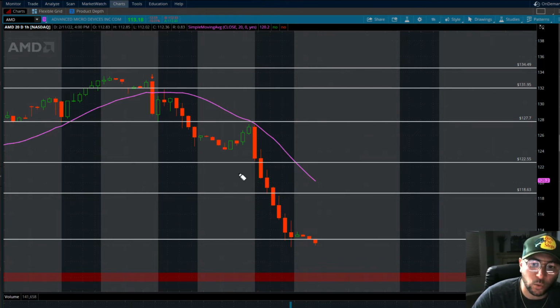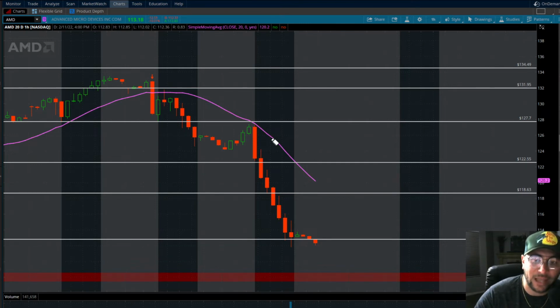Now, my stop loss would have been if this candle wicked back and broke over the 20-period moving average and closed. I understand that it's a little bit of big risk, $2-3 on this options play, but sometimes you just have to let these things work out. You have to make sure that you're managing your risk right. I'm not going to put 80% of my whole portfolio into one specific play, have it potentially go against me and lose 30, 40, 50%. I'm never going to do that. I'm always going to take into account what my actual account size is and then size accordingly.